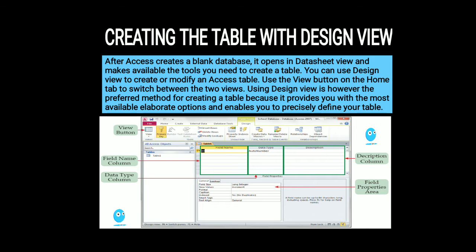We can use design view to create or modify an Access table. In the design view of tables, we have to fill in the field name and data type, but field description is optional. Apart from this, a section of field properties is available that can be specified according to your requirement. So the first field is